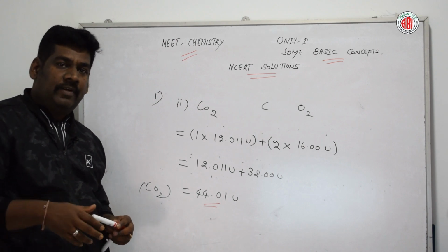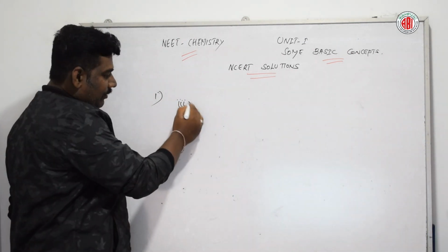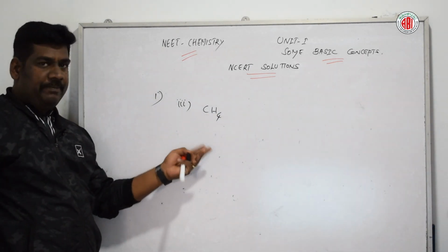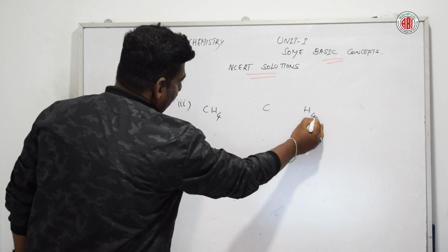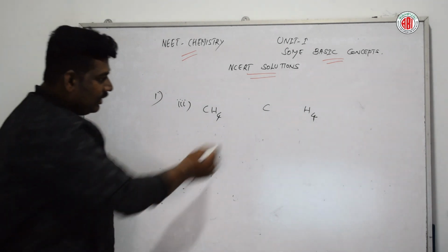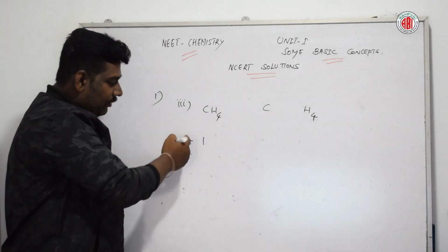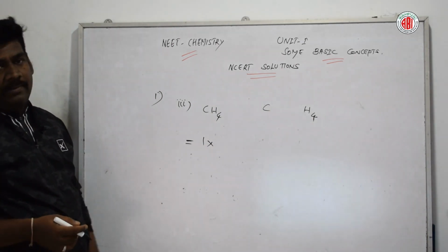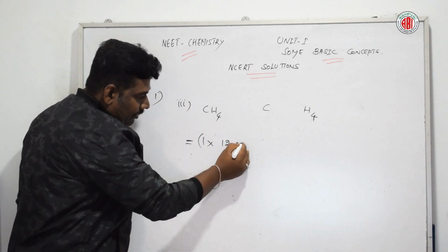In this way we can find the molecular mass of carbon dioxide. Similarly, we will go for one more example, that is methane. The third part of the first question is CH4. First, let us write the elements present in the compound: carbon and hydrogen. Now we find the molecular mass. The number of carbon atoms in this compound is 1. So 1 into the atomic mass of carbon, which we just discussed, 12.01